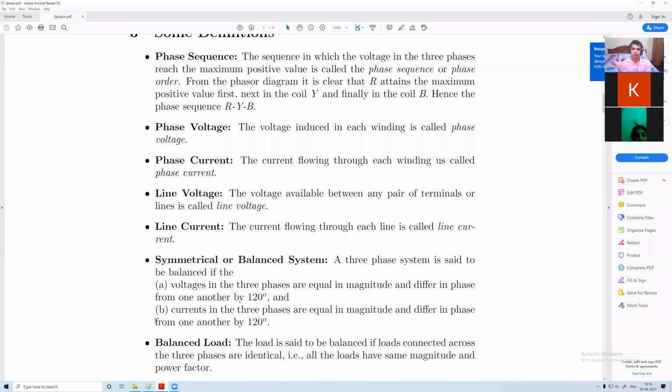Now there are balanced and unbalanced systems. A three-phase system is said to be balanced if the voltages in the three phases are of exactly the same magnitude, but differ in phase by 120 degrees. Similarly, the currents are exactly the same in magnitude, but differ by 120 degrees. Throughout this lesson, we will focus only on balanced systems. We will not consider unbalanced systems. Okay. So what is a balanced load? A balanced load is the case when the loads connected across the three phases are the same. So if the loads are balanced, obviously we get a balanced system, right? And throughout we consider that the system is balanced.